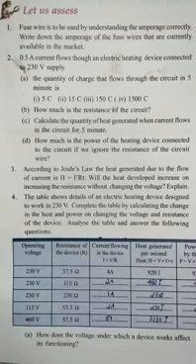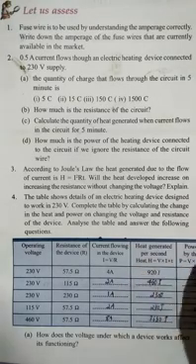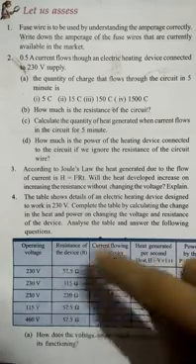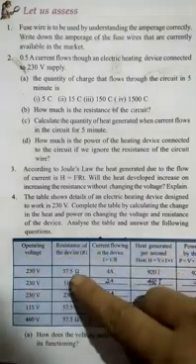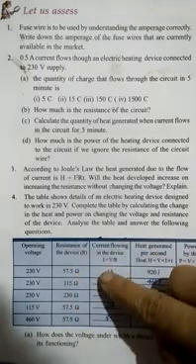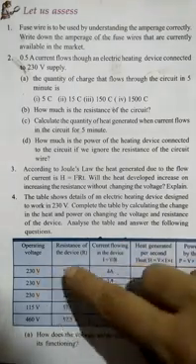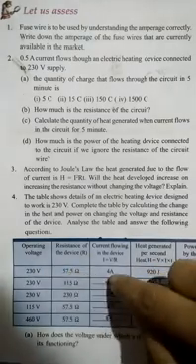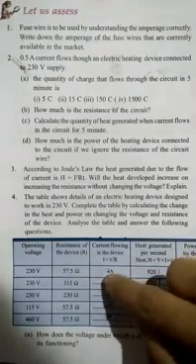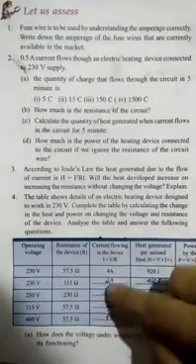Okay. And then the fourth question, you have to complete the table. In the table all the equations and formulas are given, isn't it? And the values are given: operating voltage, resistance, and current flowing. You have to calculate the current. V and R are given, so V by R is equal to I, isn't it? So you have to calculate it and write in these columns.